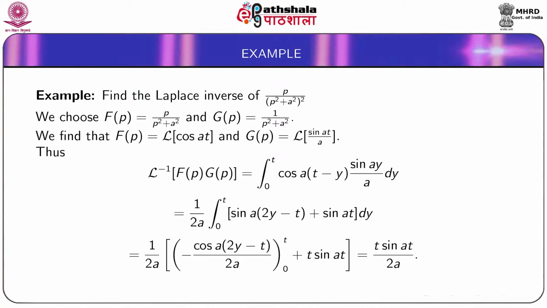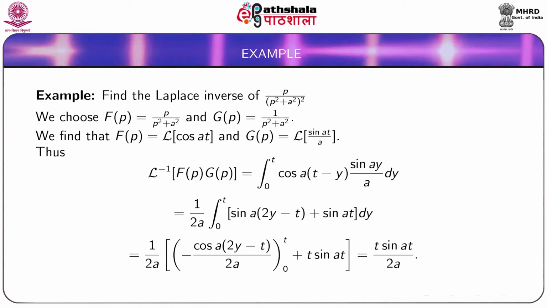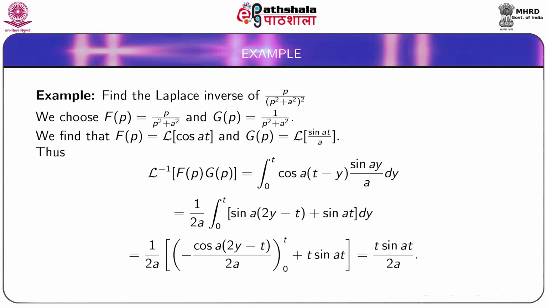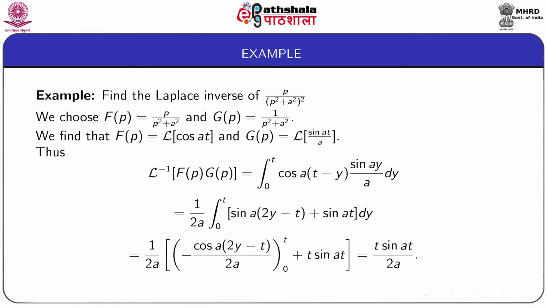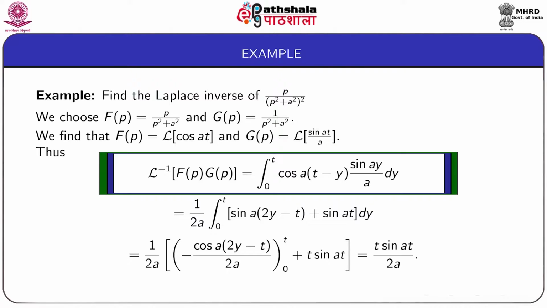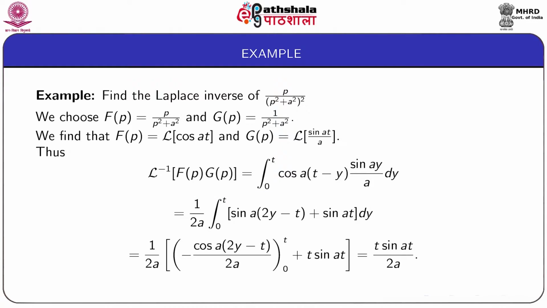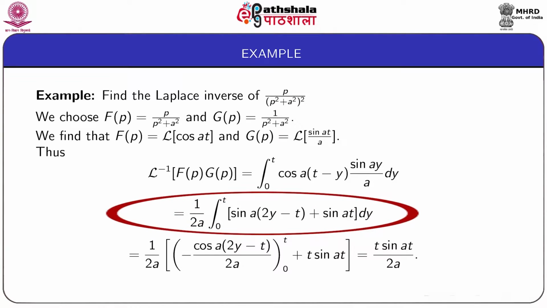Thus, using the convolution theorem, we can write the Laplace inverse of F(p) G(p) as the convolution of the functions f(t) and g(t), where f(t) is cos at and g(t) is sin at by a. Their convolution is given by the integral from 0 to t of cos a(t minus y) sin ay by a dy. That is equal to, after some simplification, 1 by 2a integral from 0 to t